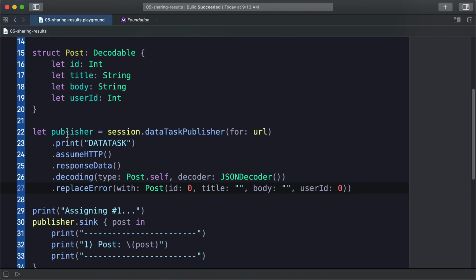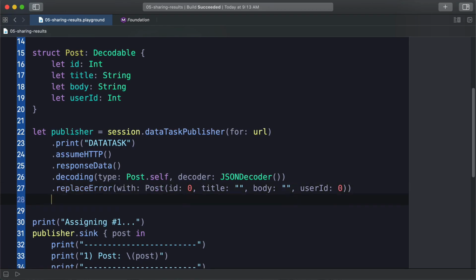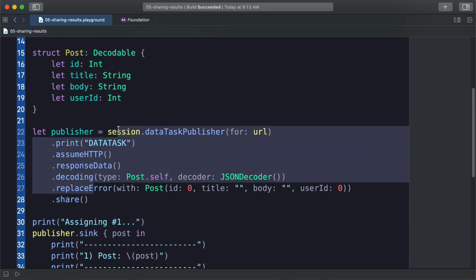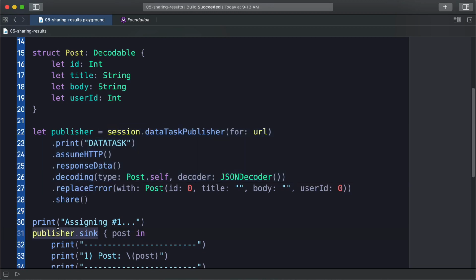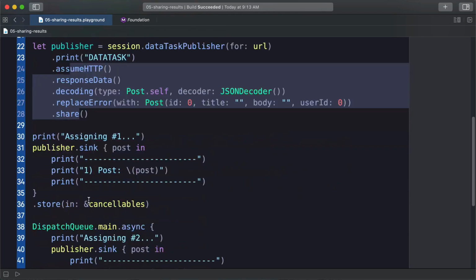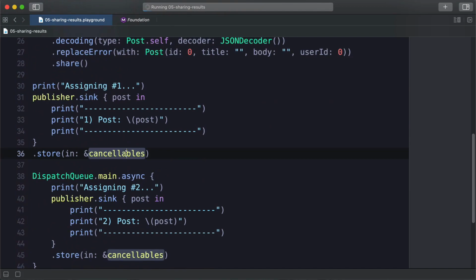Now you can make a publisher implement reference semantics if you use a class. And if we use the share operator, that's essentially what it's going to do. It's going to take the upstream publisher, which is this whole chain here, and wrap that in a class and use that as the publisher we subscribe to. So when publisher is subscribed to for number 1, we're going to get the exact same stream that number 2 will get. So if we run this now,